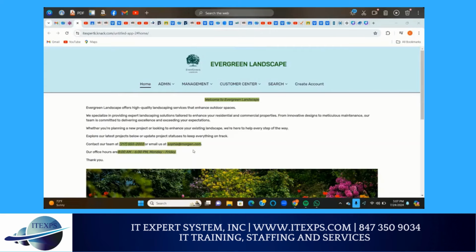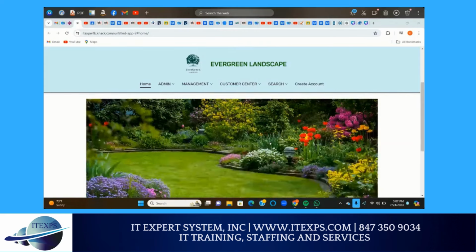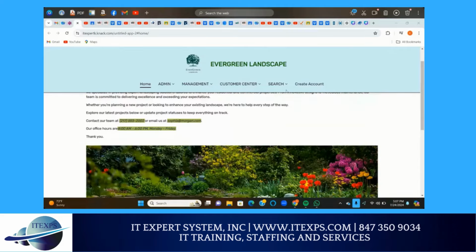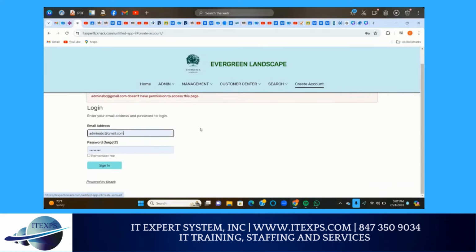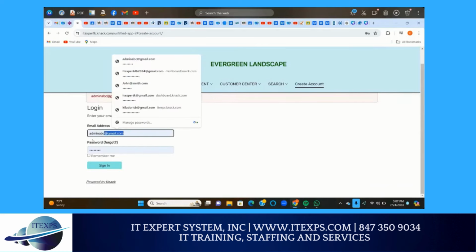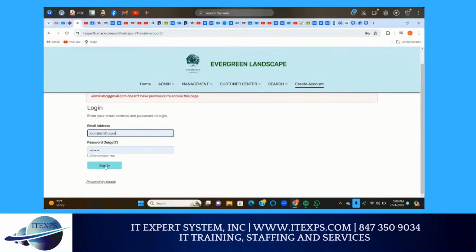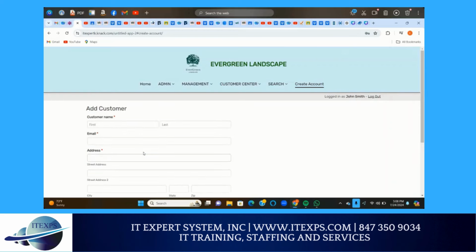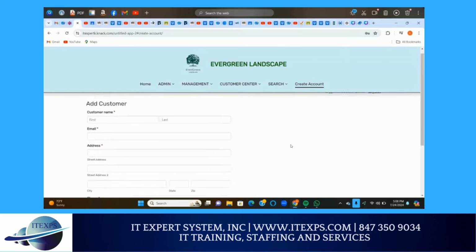Our homepage gives a brief description of what we do at Evergreen, and we have the following windows for usage by whoever logs into the account. So for the customer to create a new account, I'm just going to showcase how you can get access into that. Yeah, this is the page for creating accounts.